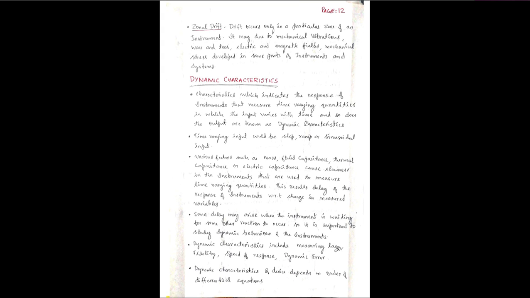Dynamic characteristics include measuring lag, fidelity, speed of response and dynamic error. Dynamic characteristics of a device depend on the order of the differential equation. First, for a first order instrument, first order instruments are characterized by one parameter which is called the time constant tau of the system, and it is generally represented by tau y dash plus y, which is equal to x